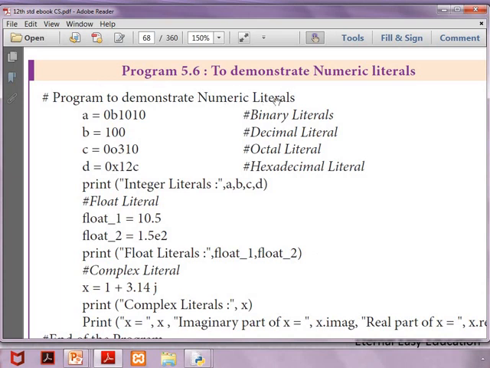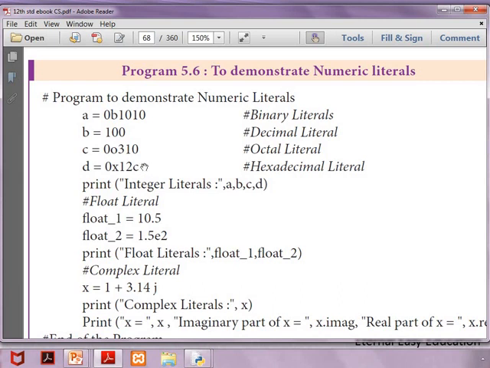The numeric literals, as we know, we are having binary system, decimal, octal, hexadecimal. So Python allows us to use a number value which is going to be stored in a variable. It can be a binary, it can be a decimal number, it can be an octal, it can be a hexadecimal.